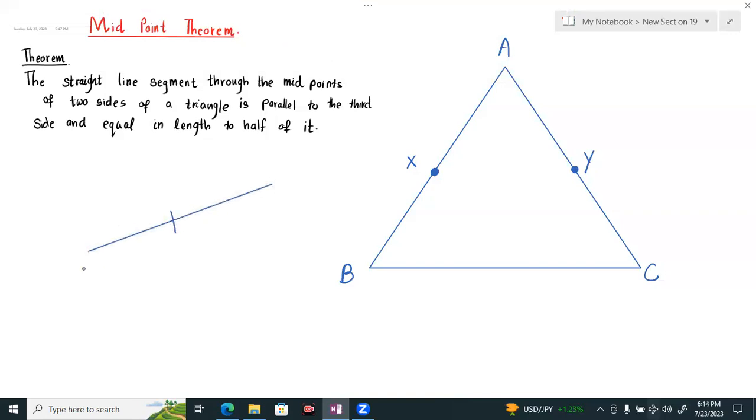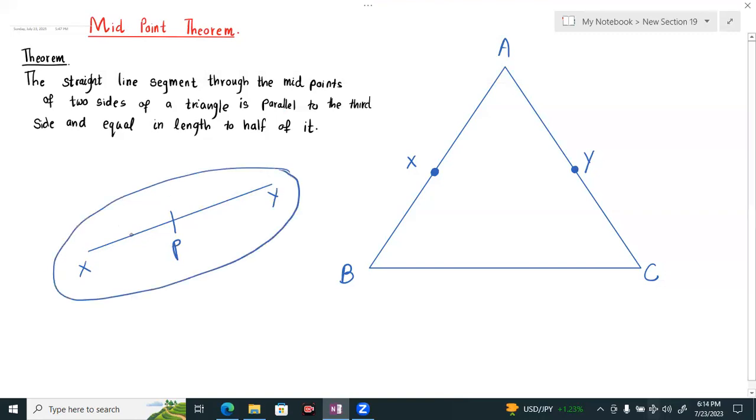Think of a line segment XY whose midpoint is P. The only factor that we can identify, or that we can say that it is the midpoint, is that either side of the point P, the two parts of the straight line segment, should be equal. So if they have denoted that it is like this, okay, or in this way,